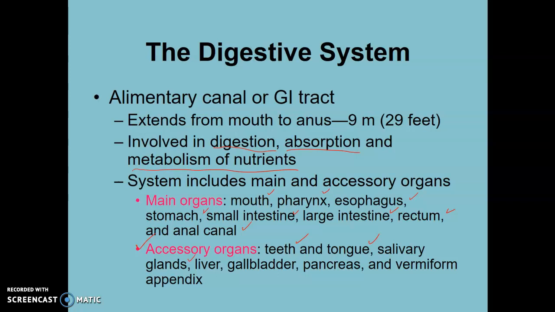Salivary glands make two different types of saliva. One of those two types actually makes an enzyme that fights bacteria, so that's a good thing. And the other type of saliva is involved in digestion because that type of saliva has an enzyme called salivary amylase. A-M-Y-L-A-S-E, amylase, right? Amylase breaks down or digests